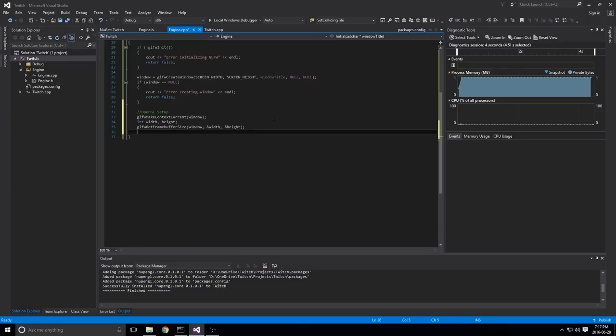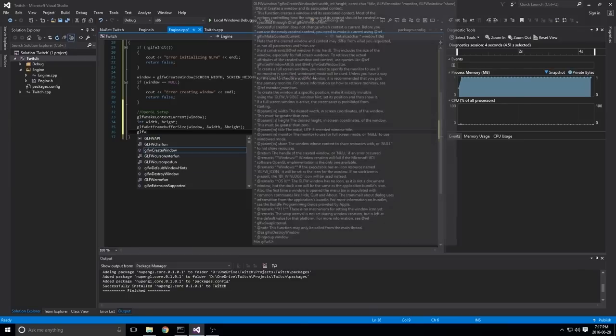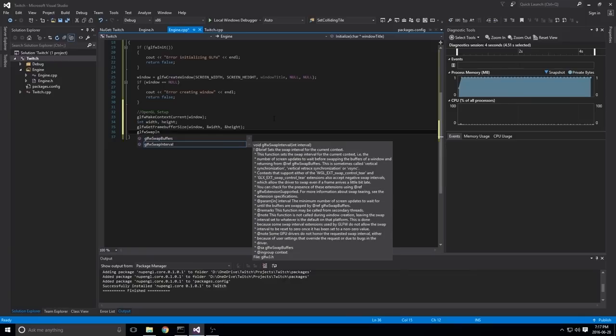So we got the size, and now we also want to set up glfwSwapInterval. There's an idea in GLFW called double buffering, and the idea is that you have two buffers that you draw to. One is whatever is currently being shown, and the other one is called the back buffer. All of your draw calls happen on the back buffer, and when you're done drawing, you call swap buffers, and it swaps the buffers. So the back buffer becomes the front buffer, meaning whatever the user sees, and then we draw on the other buffer that just went into the back.